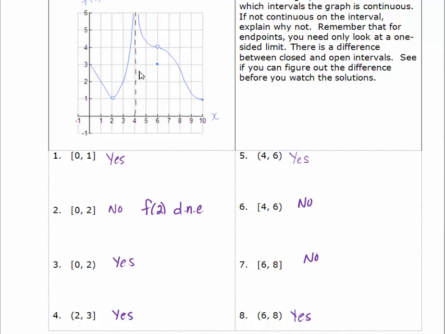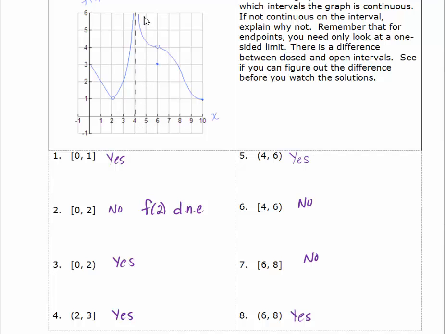When we go from 2 to 3, we're also okay. 2 is open, and so even though the function value doesn't exist, we're okay. We have closed at 3, and the function value does exist at 3, and for all values in the interior we have continuity. Number 5,